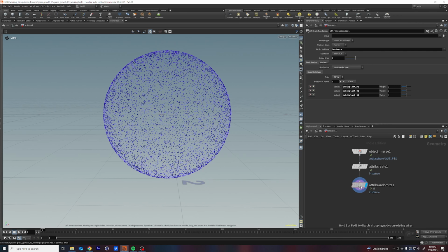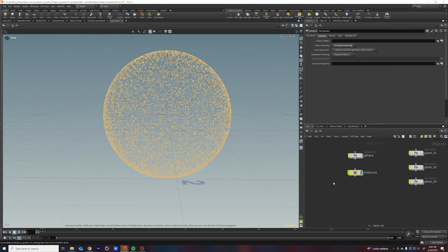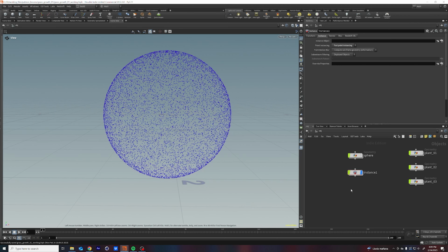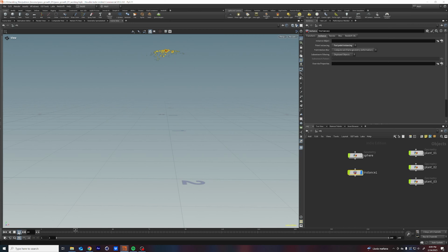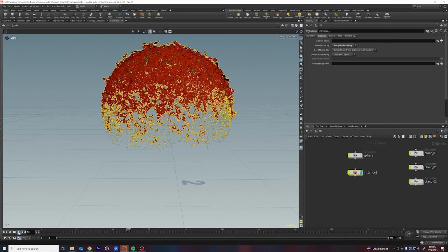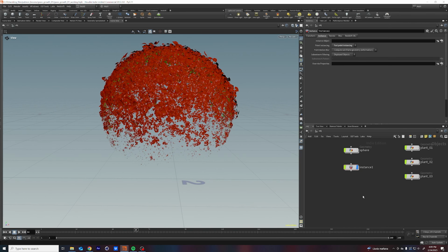Okay, cool. So that's how you add instances. If you want to add more objects, you could just keep clicking this. So if you didn't want to do plants, you could put a model of grass in there. You could put whatever you want in there, basically. But the great thing about this is that it renders really quickly. So having the viewport performance is one thing, but if I fire up Redshift,